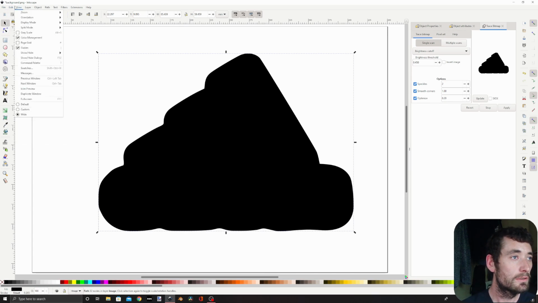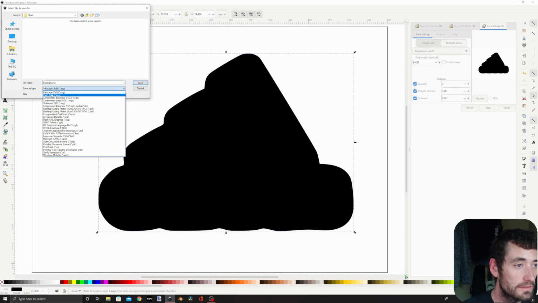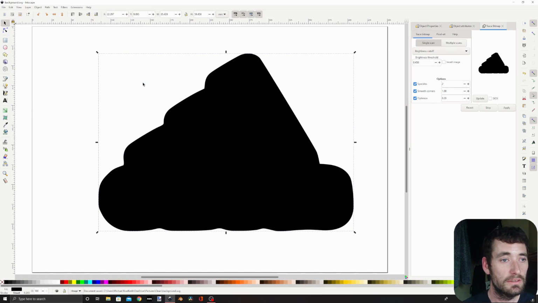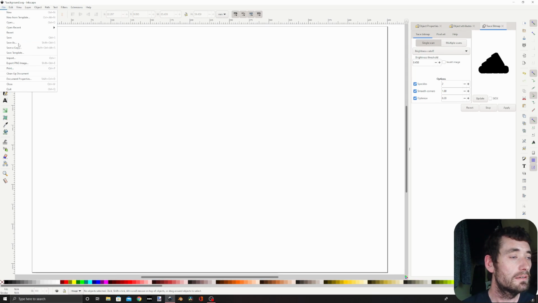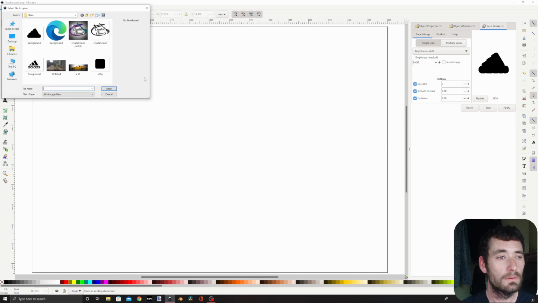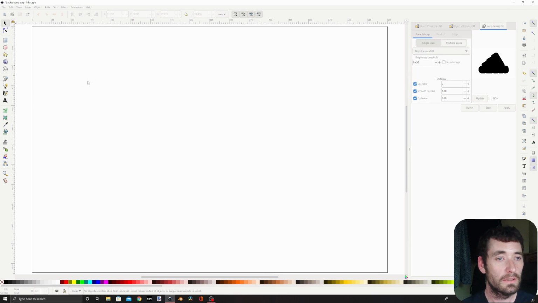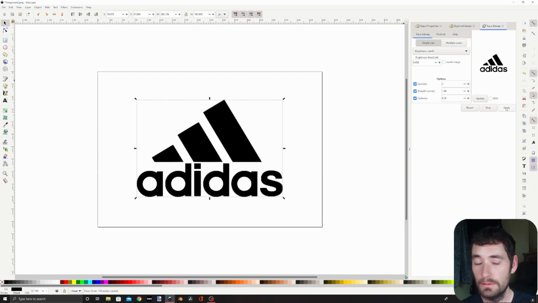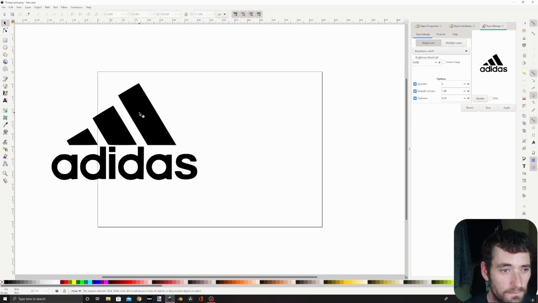So we're going to File, save this. We can call this our background, and we want to save this as a plain SVG right here. So save that, and then we can get rid of that. Now we'll go back to File, Open, and we're going to open up our foreground. Okay. And we're going to select that same way, and then apply bitmap, and then take that one, delete it,